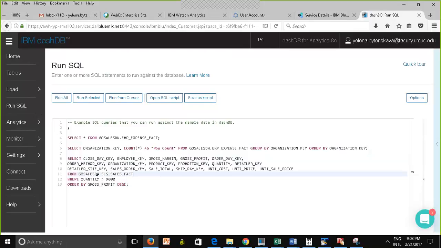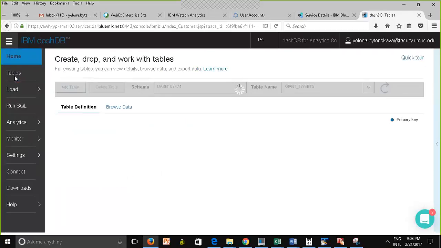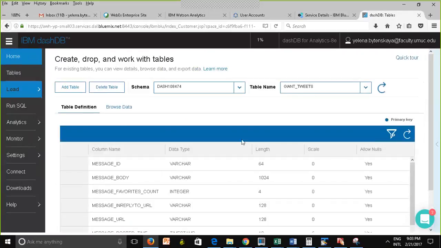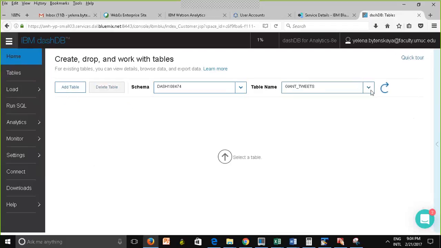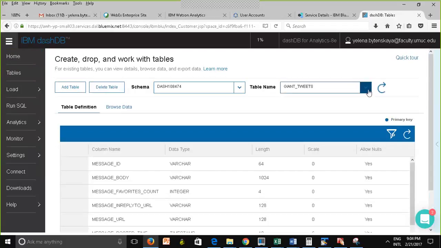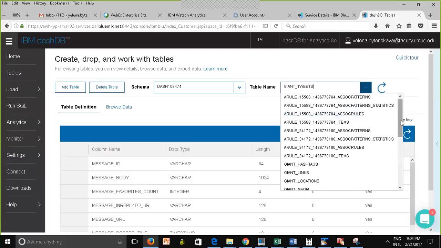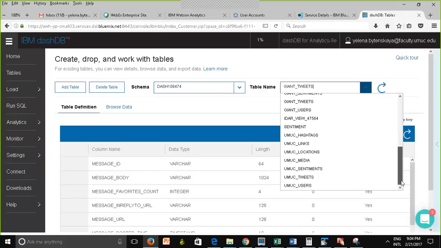So here we are querying against the table, right? But what I also did, and you're going to find it in your walkthrough, is create a view. If you go back to the tables, right here, you can also see that I created a view and I call it UMEC sentiment.